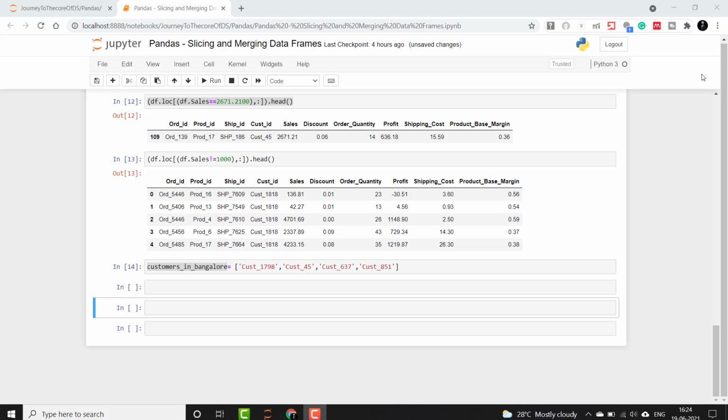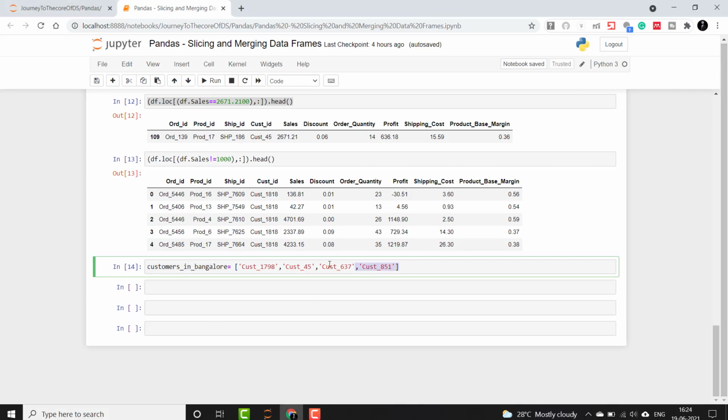Let's say a colleague gives you a list of customer IDs from a certain region, which you are seeing on the screen, and we only want to return the records which have those customer IDs. So to get all the orders from these customers, we will use the isin function. It returns a boolean which we can use to select rows. So let's check how to do that.